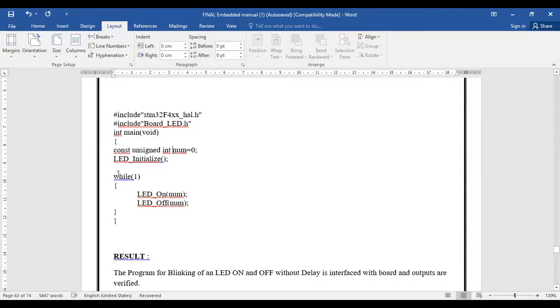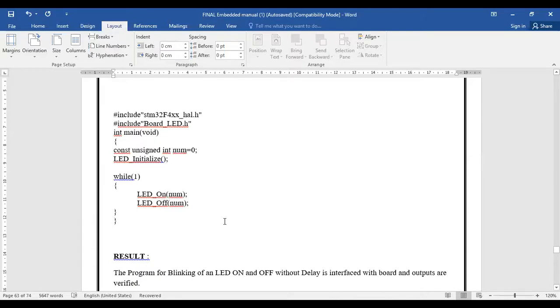Then we use a while loop, and as long as the while loop is true, the LED is going to be on and then off. So LED on, passing the information num, which is equal to 0, then LED off with num. So the LED will keep on turning on and off continuously.